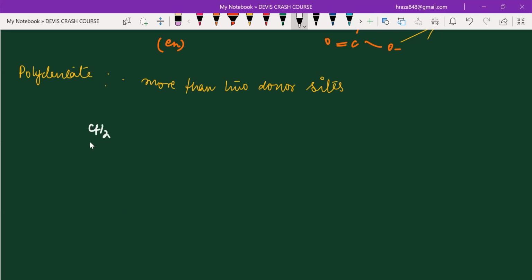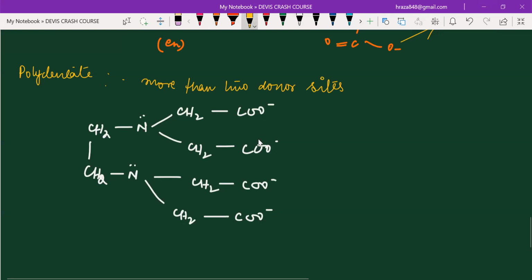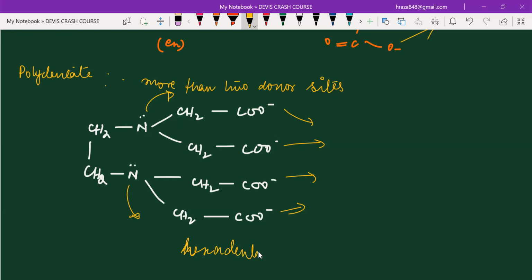I'm going to write the structure of this: CH2, CH2, then nitrogen, nitrogen, then CH2, CH2, then C double bond O, C double bond O negative, negative, and then CH2, CH2, then C double bond O minus, and C double bond O minus. You can see that it is basically hexadentate. You know why? Because it will donate from here, here, here, here, and it can also donate from here and here. That's why it is hexadentate. Are you getting my point? Hexadentate, and its name is basically ethylene